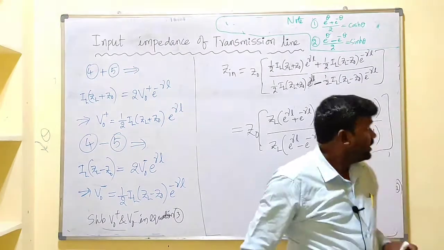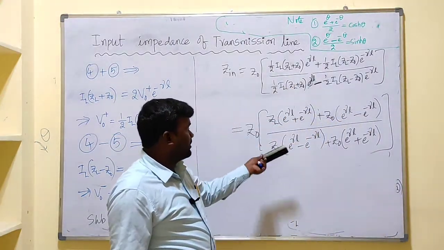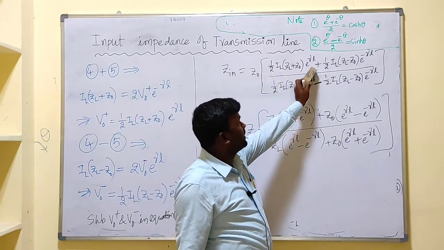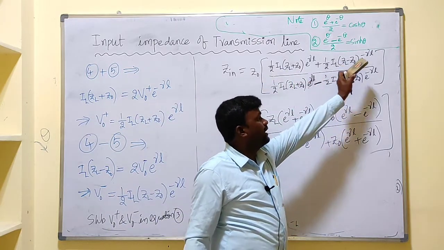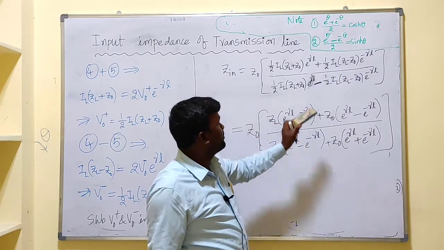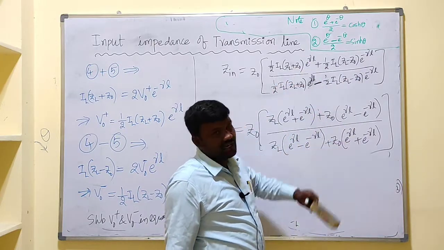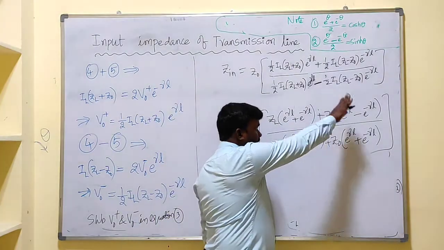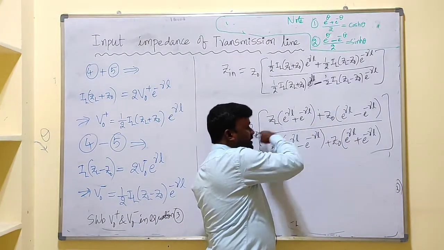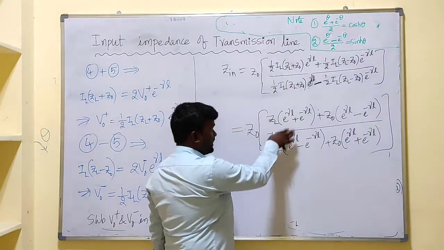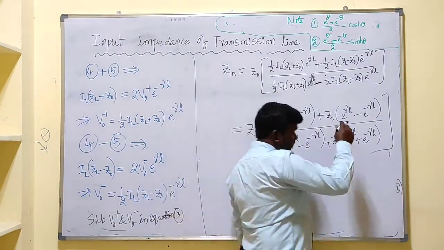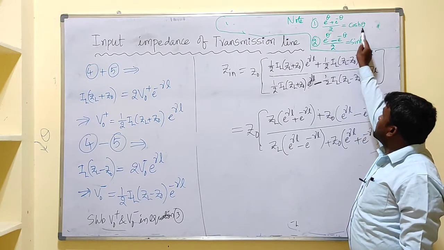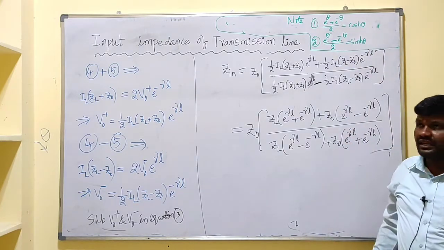Okay. In the numerator and denominator we have the common terms of ZL. ZL into e to the power gamma L here, ZL into e to the power minus gamma L. That's why ZL is taken as common. Of course Z naught is also consisting of e to the power gamma L and e to the power minus gamma L. So in the numerator and denominator, if I take ZL and Z naught as common, we will get like this. And see this note, e to the power theta plus e to the power minus theta by 2 is nothing but cos h theta.